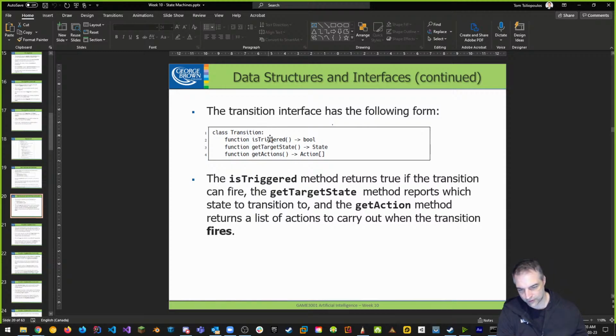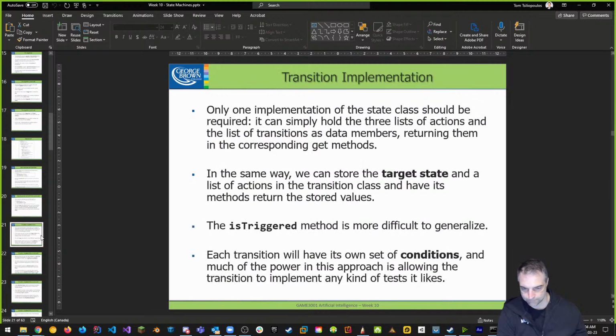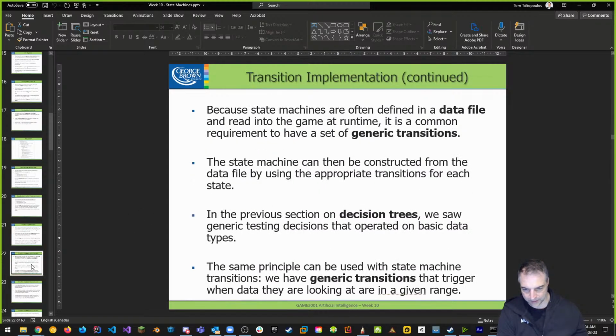And is triggered, that is true or false. Has the transition been triggered or not? Get actions are going to be the actions that are associated with the state that I'm moving towards. And get actions, remember, is a set of actions that are exit actions, entry actions, and the current actions, right? So, and some kind of conditions. Conditions are also something that we can look at, right? So again,